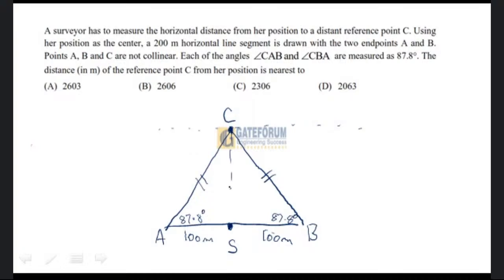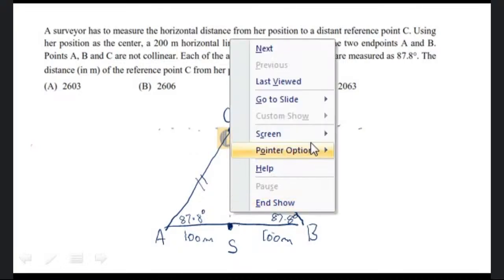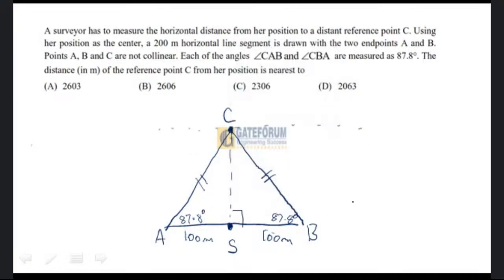Now this is the distance from the surveyor to C, and obviously since it is joining the vertex of that isosceles triangle, it must be a right angle, 90 degree. So the question is the distance in meter of the reference point C from her position, nearest to which one of these? So basically they are asking the length of CS. So the length of CS would be, as you can see, since this is a right angle, tan of 87.8 degree would be CS divided by 100. So CS would be 100 into tan of